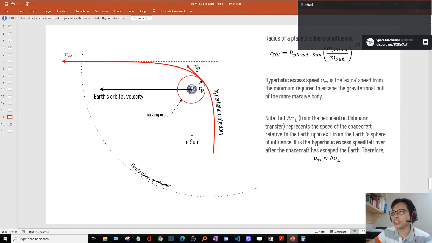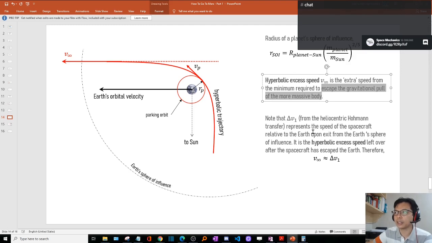We need to find VP later on, because to do that we need to find this trajectory first. So how do you find VP? You need to know V infinity. What is V infinity? V infinity is the extra speed required to escape the gravitational pull